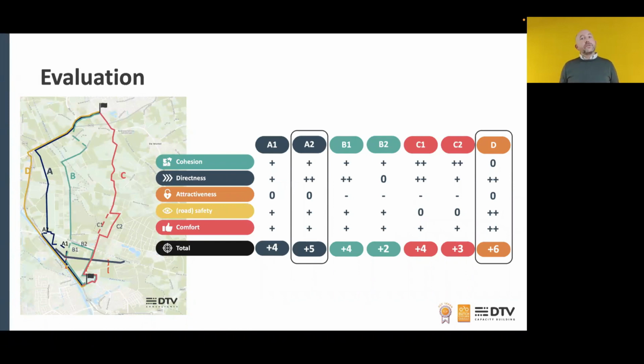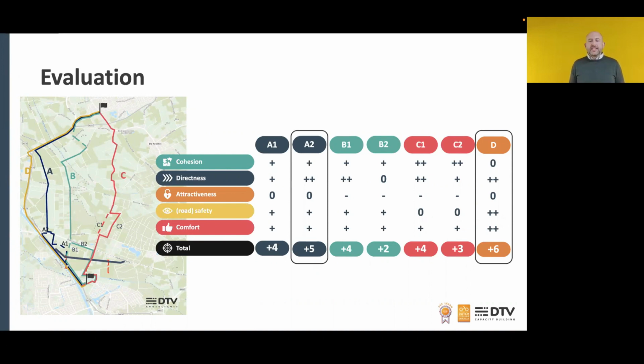Also the Cyclist union played an important role there. They have a lot of locally tested knowledge that was really important to go through each element, each detail of the route, and to come to a sort of score. And in the end, you can add up all the pluses and minuses, leading up to the two